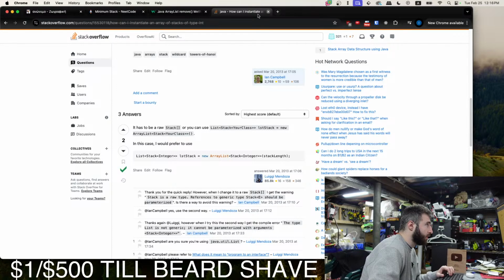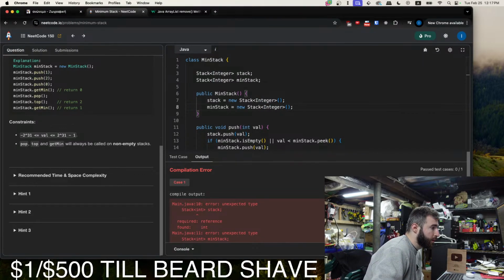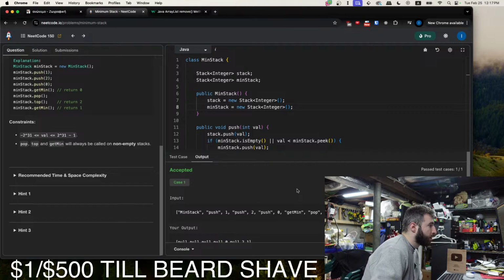All right, so we'll use Integer. Why don't I get pretty colors? All right, so we passed the first case.